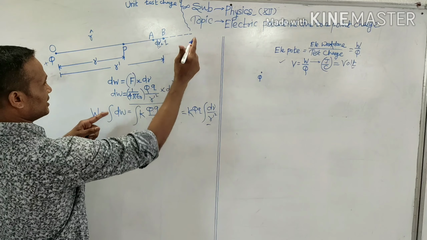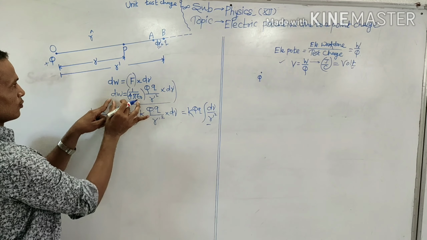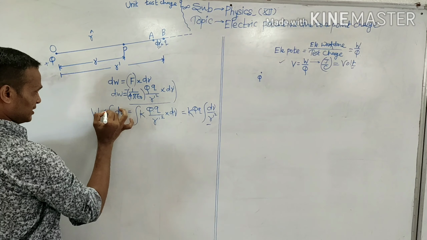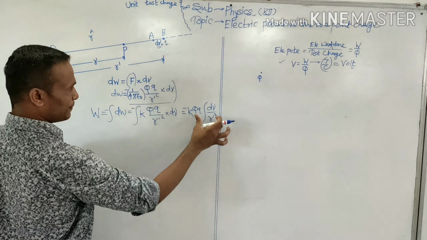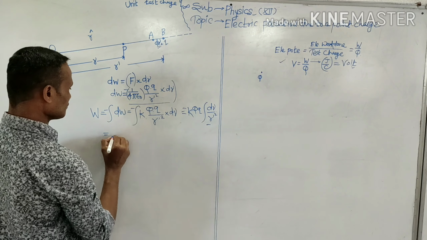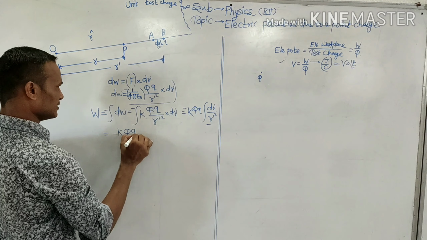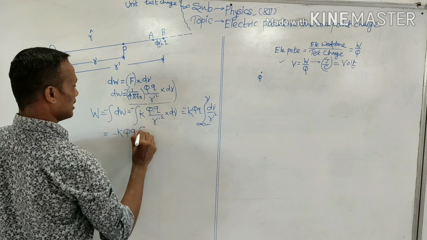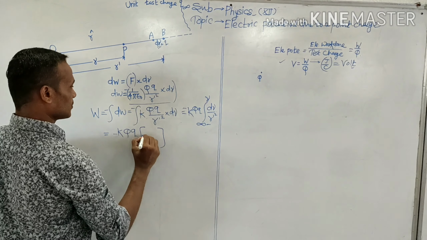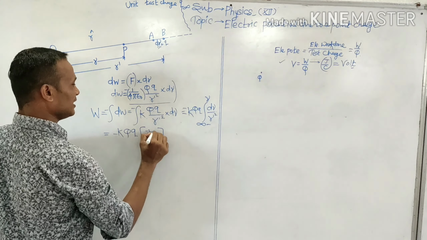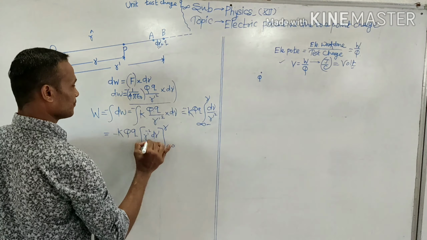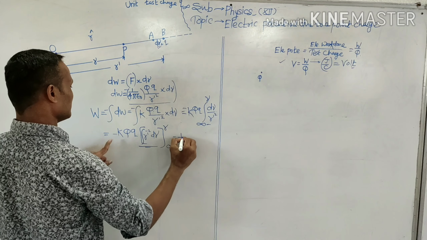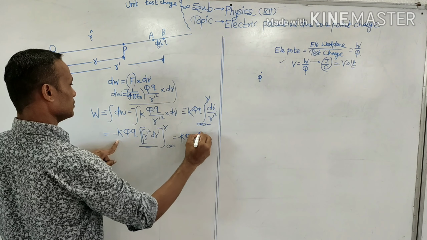Now, one thing we missed: this work done is against the field of Q, so it's minus. So this sign we missed. Let's keep it. Now proceed further. Minus K, Q as it is Q. This is from what to what? From infinity to R. Now this is R dash raised to minus 2 dr from infinity to R. Okay, this is integration. Now integration of R raised to minus 2 will be, minus K, this Q, this Q,